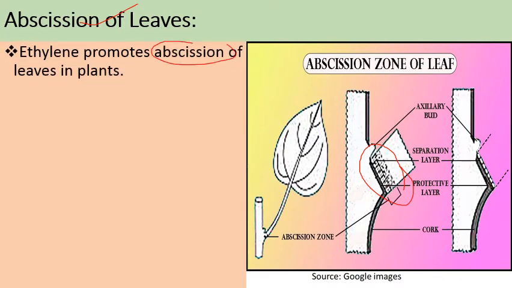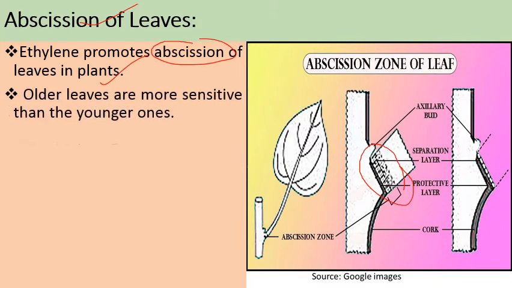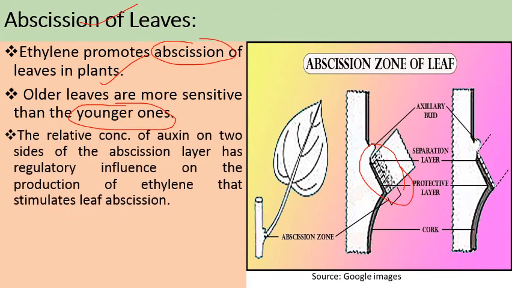Ethylene promotes abscission of leaves in the plants, and older leaves are more sensitive than the younger ones because in younger leaves there is a higher concentration of auxin, and auxin prevents the formation of this abscission zone. So the relative concentration of auxin on the two sides of the abscission layer has a regulatory influence. It means when the concentration of auxin is higher on both sides of this zone, then this zone is not formed. But when there is a decrease in the auxin concentration, then it accelerates the formation of this zone, that is the abscission zone. And that's why auxin has a regulatory influence on the production of ethylene that stimulates the